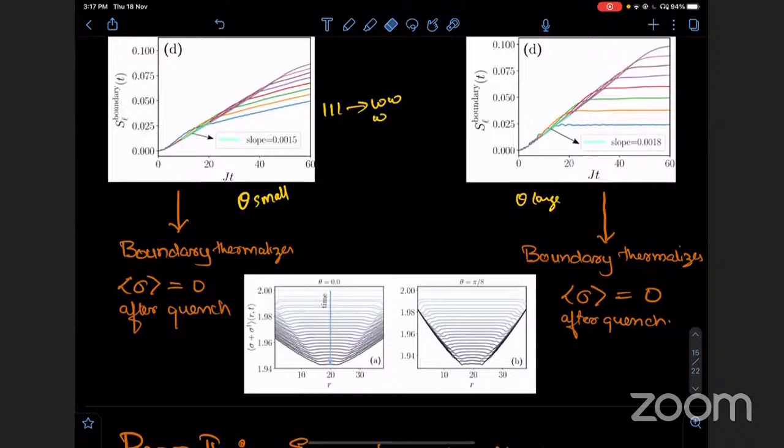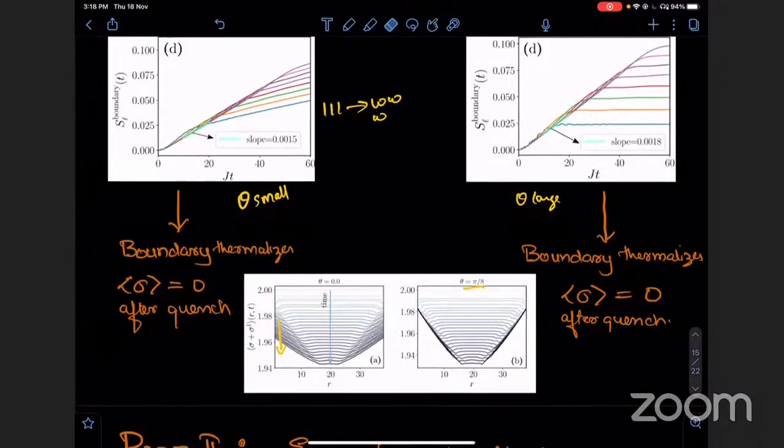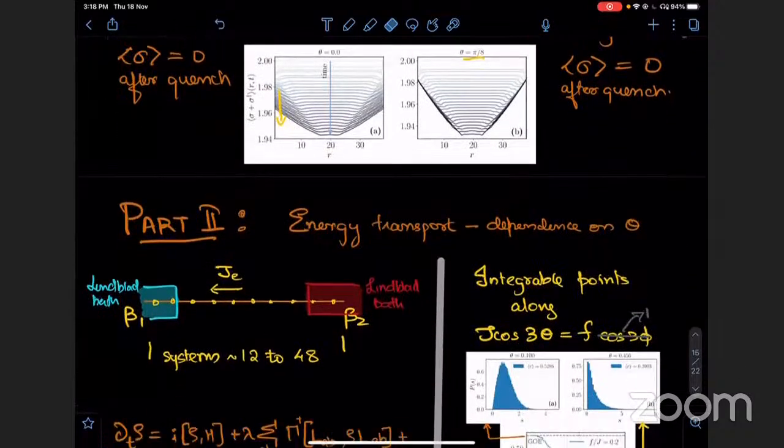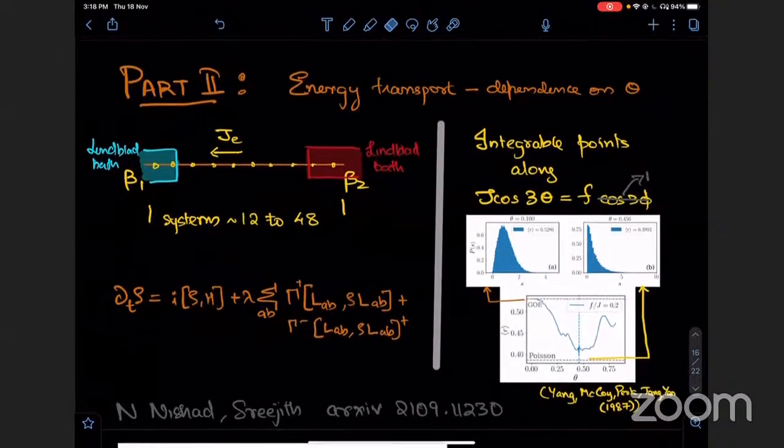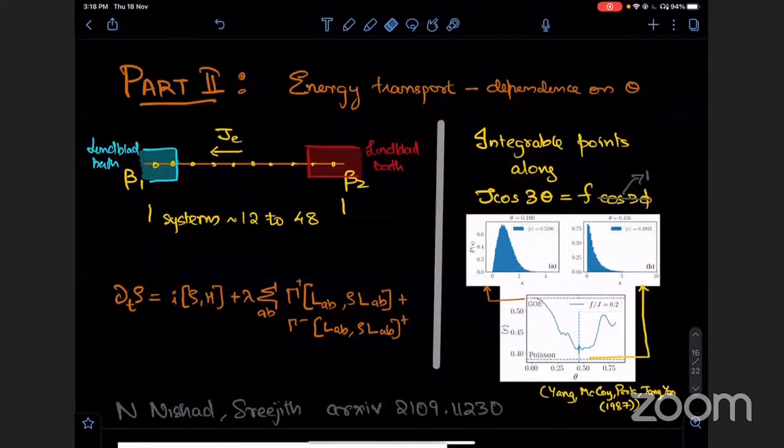In the small theta region, you see that the magnetization continuously decreases with time, leading to where we expect that ultimately it will go to zero. Whereas at large theta, above the cutoff that I discussed, the magnetization saturates to some value that is dependent on the distance from the edge, saying that the system is not thermalizing. Okay, now I'll quickly show the results for a slightly related but different calculation, again related to the transport properties,